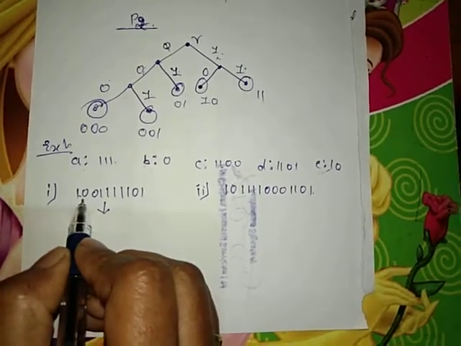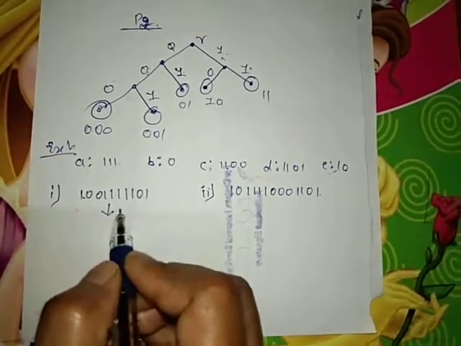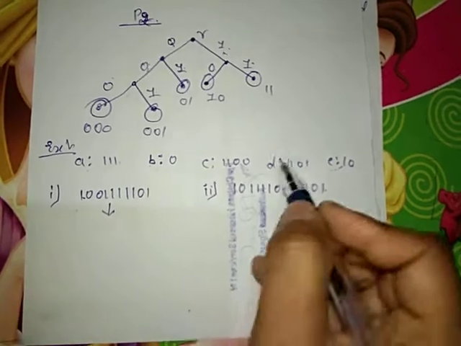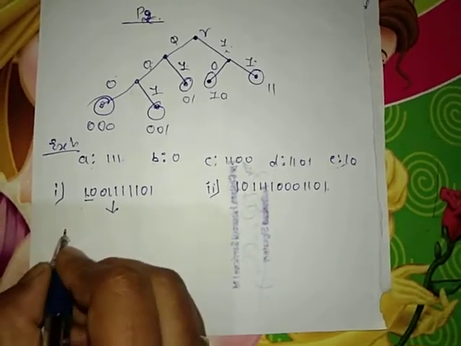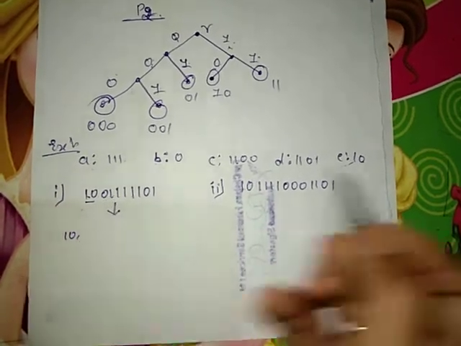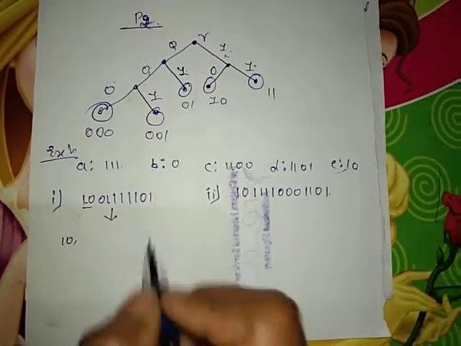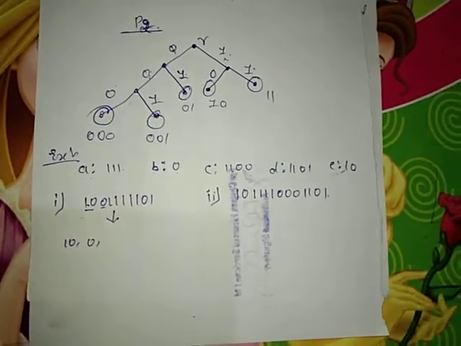So we simply can take a 10. We cannot take 100 because there is no 100 here. And we cannot take 1001 because that is also not present here. So first we have to take a 10. So split a 10 first. And then we cannot decode a 01 because 01 is not there. And 011 is also not there. So we simply take a 0 because that is present in the B.